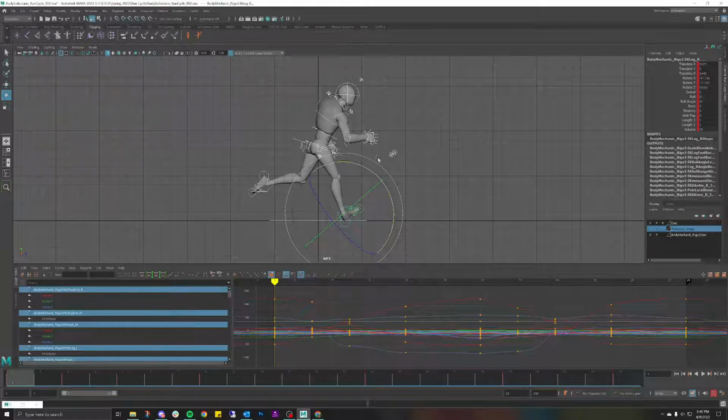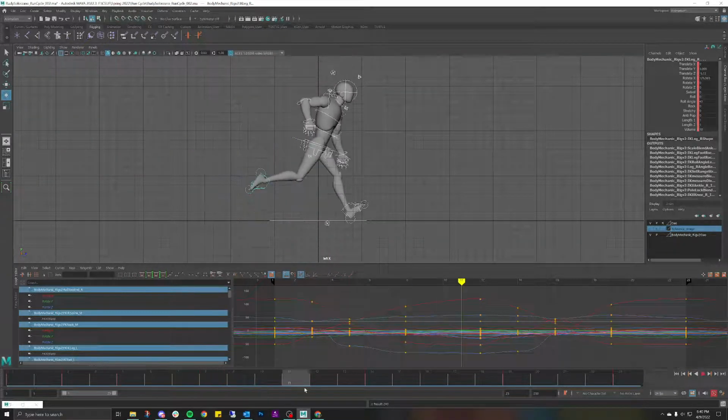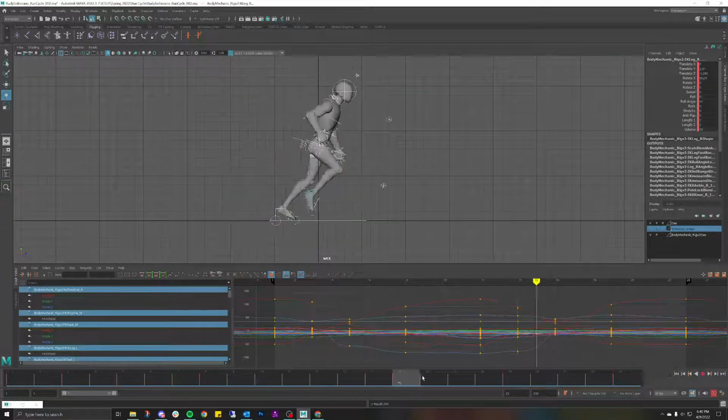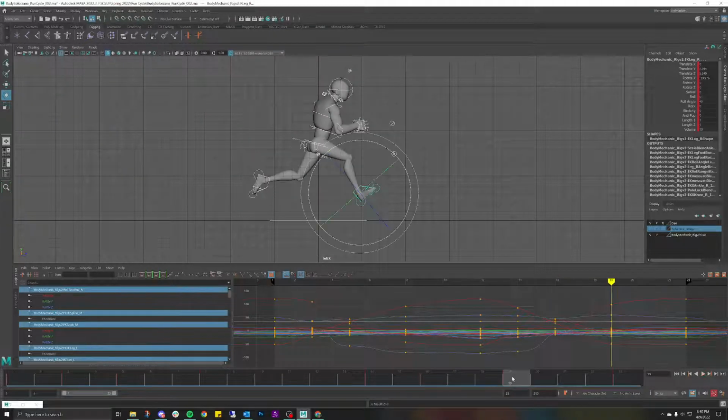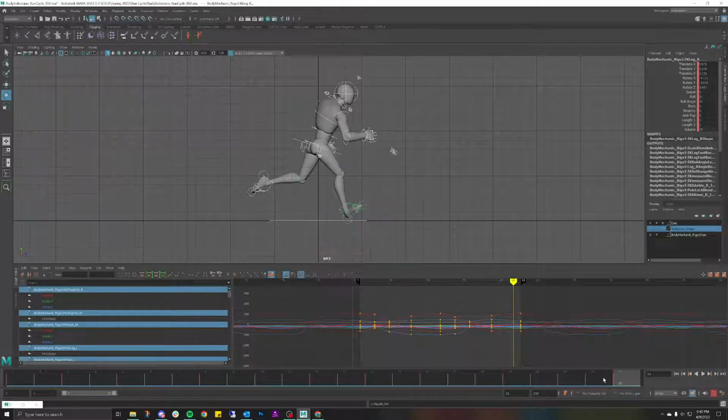I want to make sure that all my keyframes are keyed with all the controllers also being keyed. So I have all my controllers selected. I'm going to go down all my key poses, and I'm going to make sure that all my key poses are keyed before I go back into blocking. The reason we want to do this is because if for any reason there is a controller that isn't keyed,